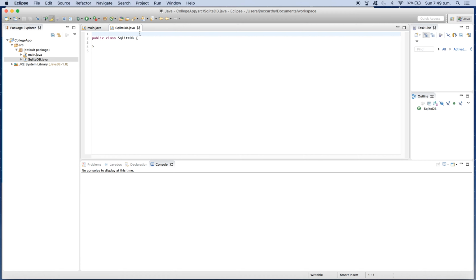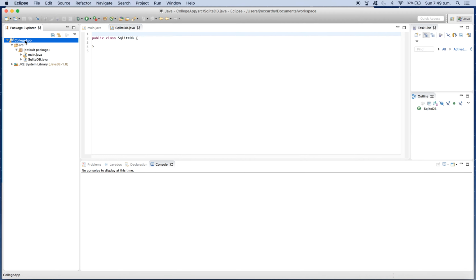Absolutely fine. Now, to be able to connect to the database, I need to add a SQLite jar file to my project. And if I don't do this, the database functionality isn't going to work. So I need to use the JDBC bridge. So I'll just run through the process of it first, and then I'll explain what you need for it. So for the project we're dealing with, as in the project name, see it here is College App on the left hand side. Right click it